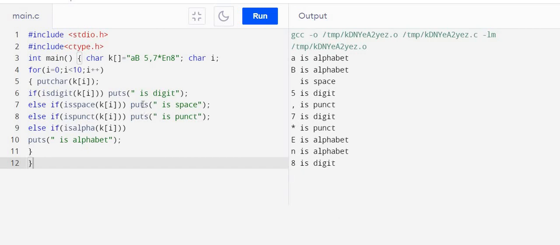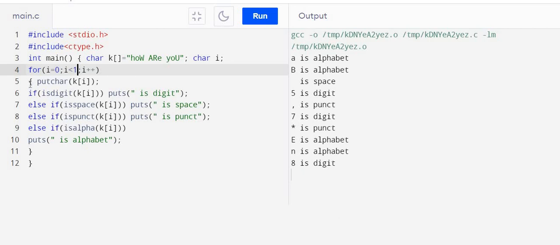Now let's do something else. Let's give some message here. Suppose HOW ARE You, capital W, then A, capital R, small e, and suppose YOU, capital E. So purposely I have given some small, some capital. Let's convert this complete string into either capital or small. So 1, 2, 3, 4, 5, 6, 7, 8, 9, 10, 11. 11 characters are there.